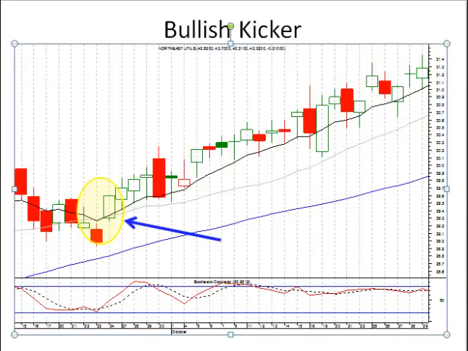And as we go through this training, we'll see all the different positive ramifications of a kicker signal, such as gapping back up through a T-line, number one, or coming out of the oversold area, number two, and especially just even the fact that it gapped up away from the previous trading illustrates there's been a strong change of investor sentiment, and it's not going to be a short-lived change of investor sentiment. It's probably something that has changed the fundamental outlook for this trend or trading entity, that the trend is going to continue for a while.